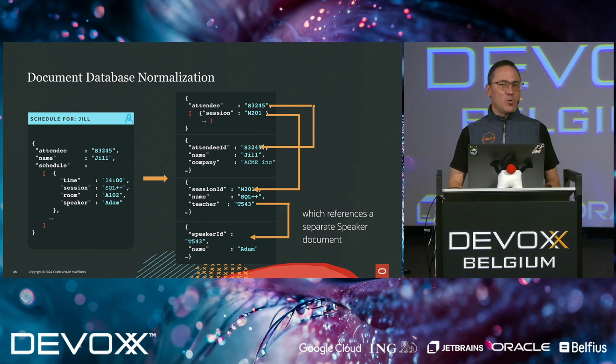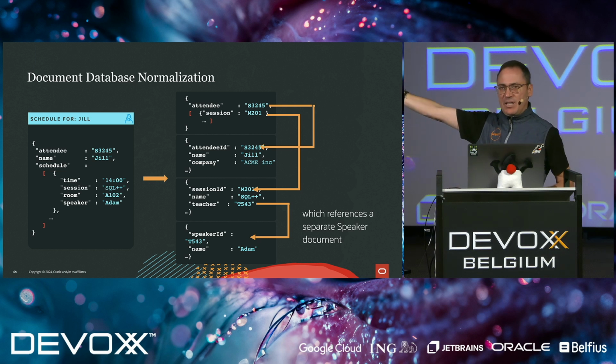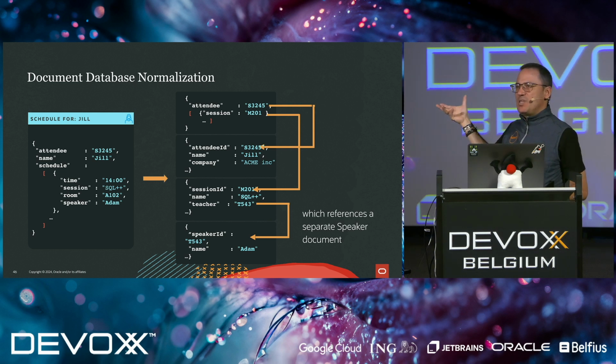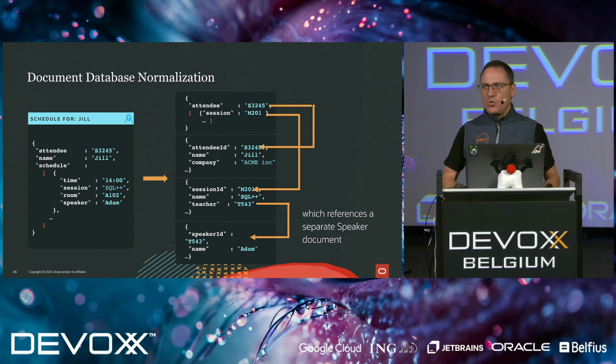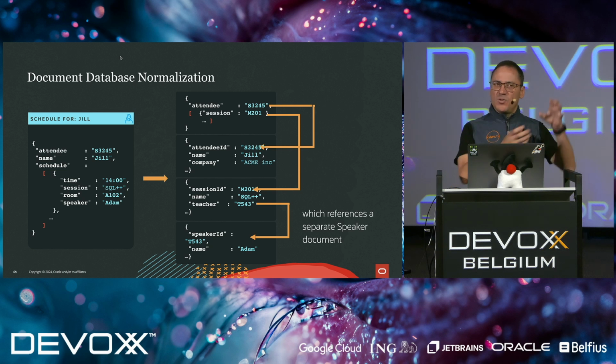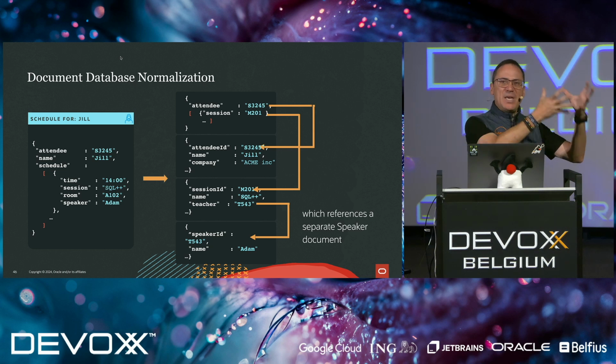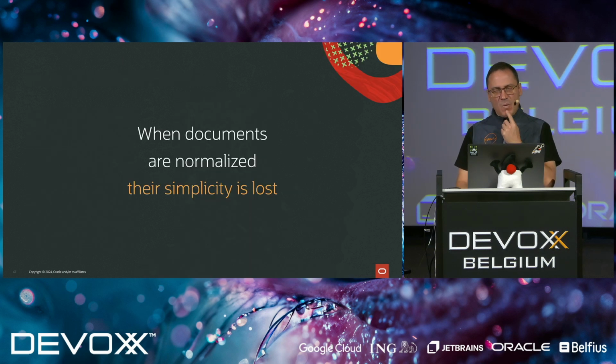We have normalized documents, we have fragments, but what used to be easy to read from a developer's point of view is a document that is easy to understand. Now we have to navigate relationships in this way. It's not easy for a developer to understand this, but also, yes, of course, machines are able to do the relations quite quickly, but now we have to deal with fragments of documents instead of just one single piece of information. So yes, you can normalize JSON, but the simplicity gets lost.